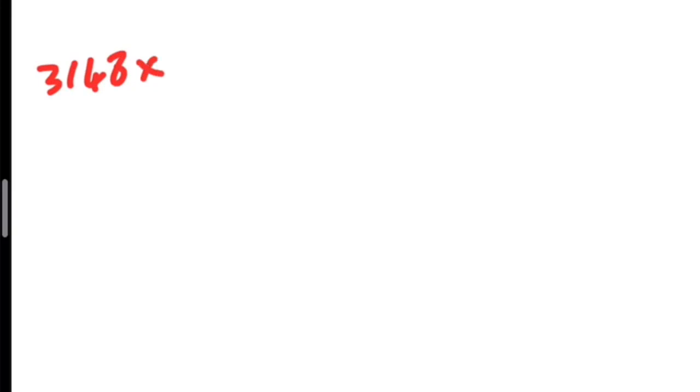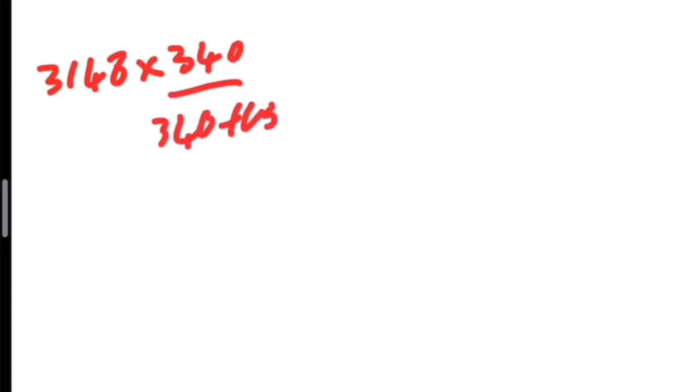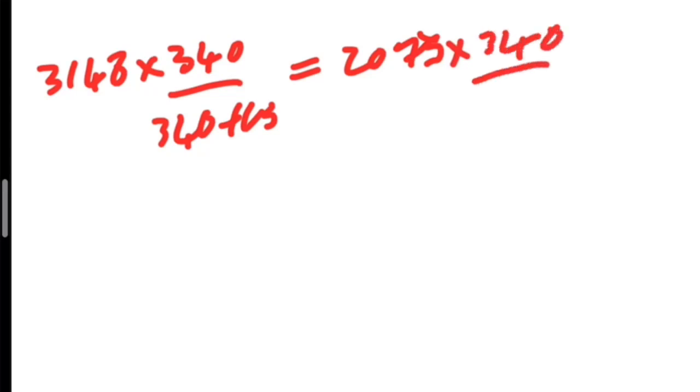30,148 multiplied by 340 divided by 340 plus Vs. This will be equal to 2073 multiplied by 340 divided by 340 minus Vs. So let's go ahead and put these numerators on our calculators. So 30,148 multiplied by 340. This is